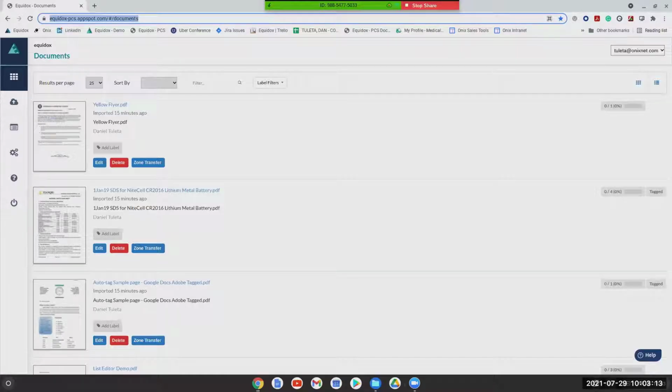The fact that it's web-based really allows for a lot of natural collaboration and teamwork within the application itself, because all of your documents and projects can be centralized right here in one location. Whereas if you're using a tool like Adobe Acrobat, those projects are very much siloed to the specific machine that you have that Adobe Acrobat license installed on. With Equinox, you can log in and access your account from any computer, anywhere with an internet connection.